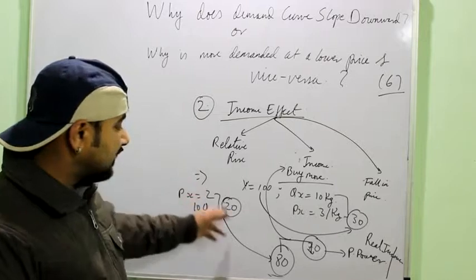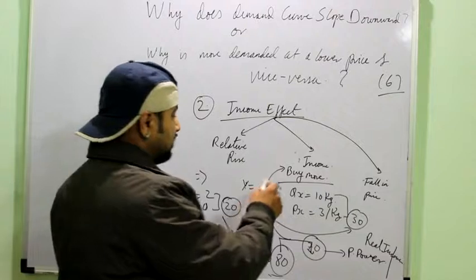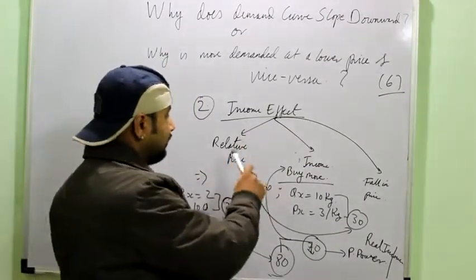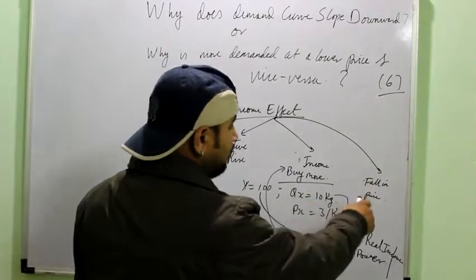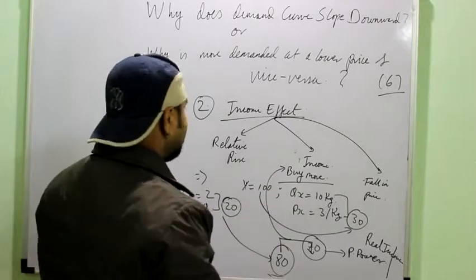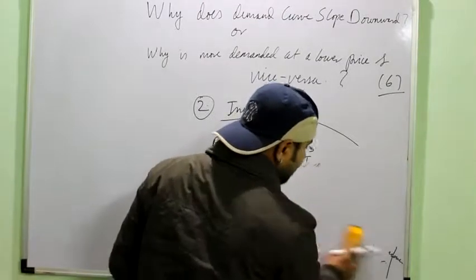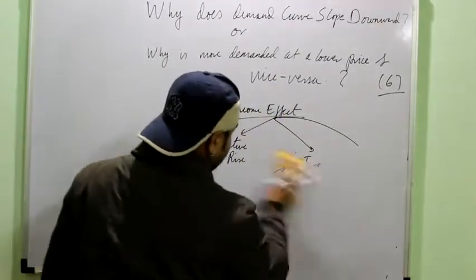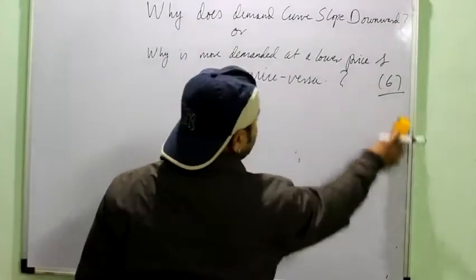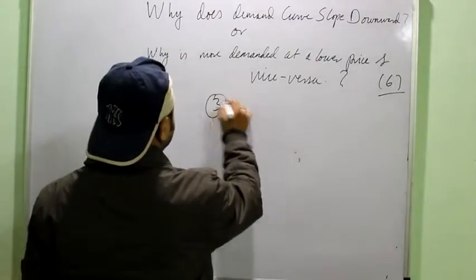If the price would have risen, then the real income would have decreased. Again, when you are explaining this point, you have to mention the meaning of real income effect. It is the relative rise in the income of a consumer which he feels due to a fall in the price of the goods, and vice versa. Then you can give an example and explain it. Or you can theoretically write that a fall in prices leads to a rise in the real income of the buyer, which increases his purchasing power, that can be used to buy more units of the same good or maybe some other good. Then third is the substitution effect.